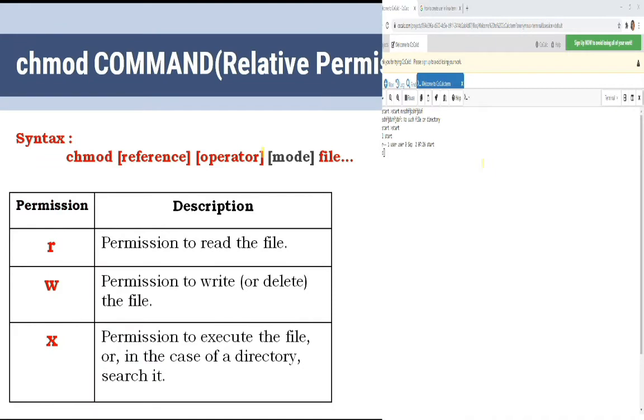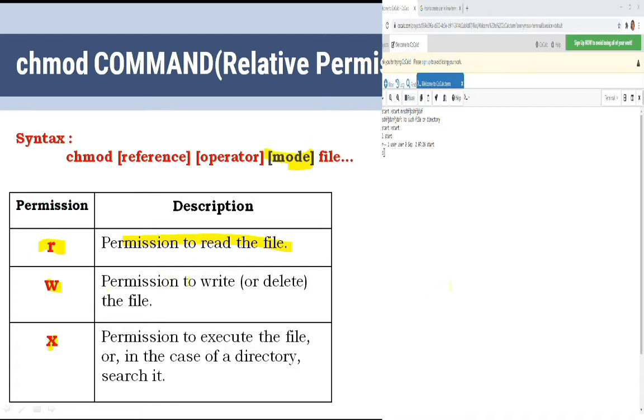Then the third field will be the mode field. Here you specify which type of permission you want to give your particular file or directory. The permission might be read permission, write permission, or execute permission.